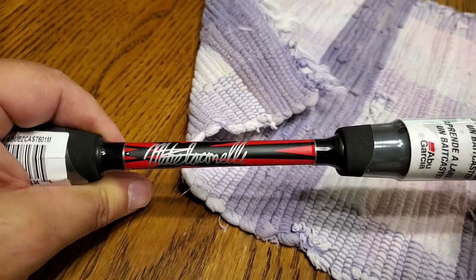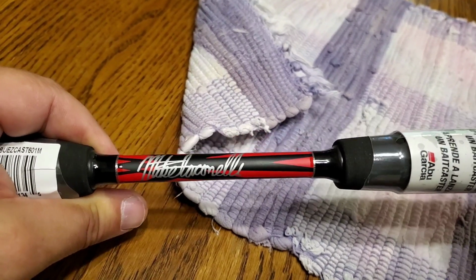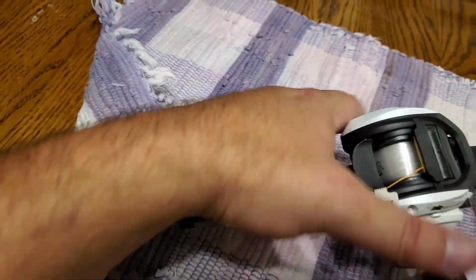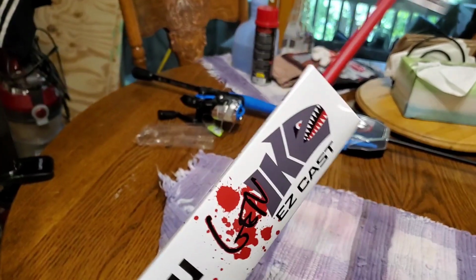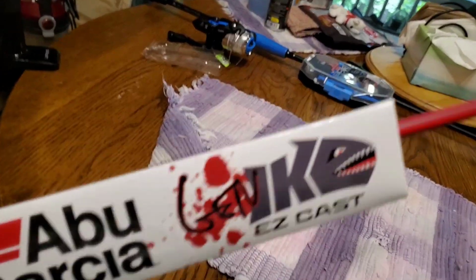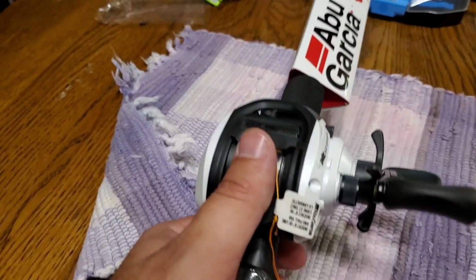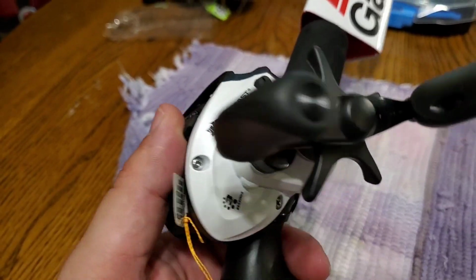So I have no idea what that says. But there you go, Abu Garcia Easy Cast, $44 from your local Walmart. I said one of the cheapest I've seen. And with these features here for